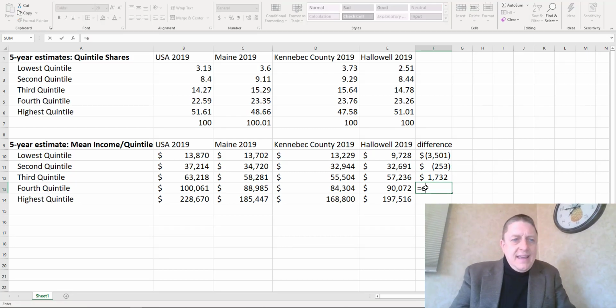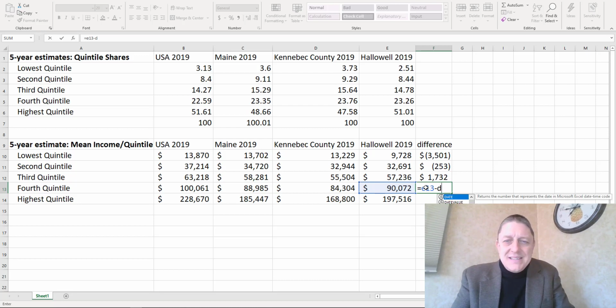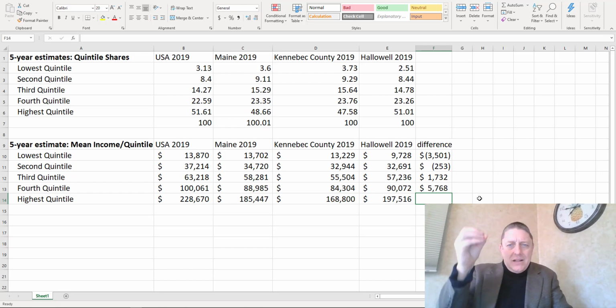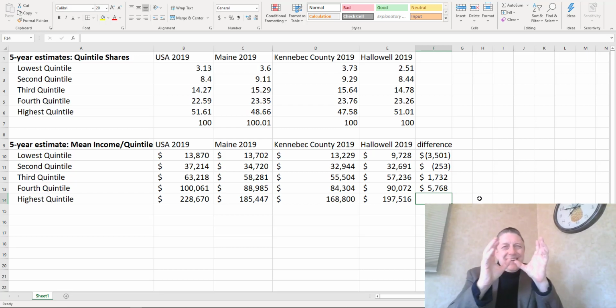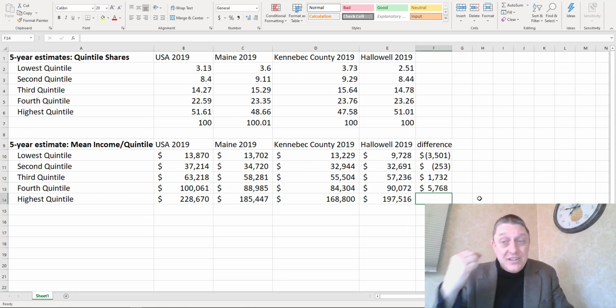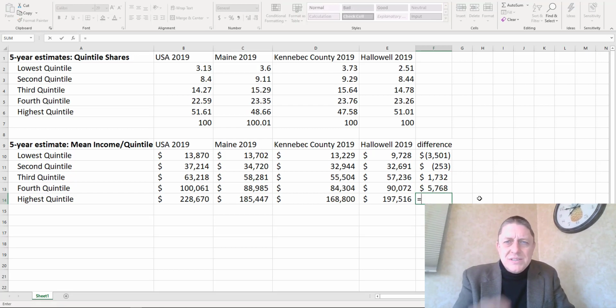And then if I take E13, which gives me those nice shadings so I can check my work, minus D13, I'll notice that, wow, now the difference is getting bigger. In Hallowell, the penultimate, the next to highest quintile, is earning $5,700 more. And once you get up to, equals, because always put an equals in front of your formulas, cell E14 minus D14,